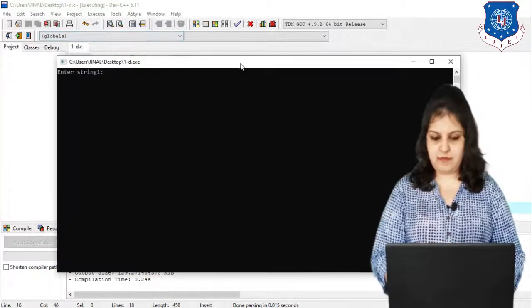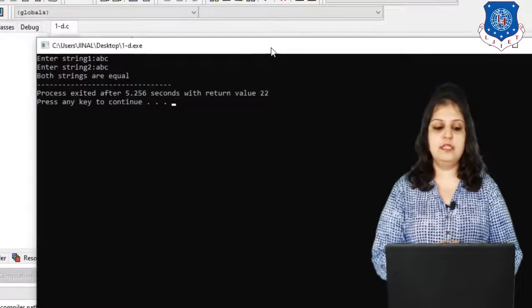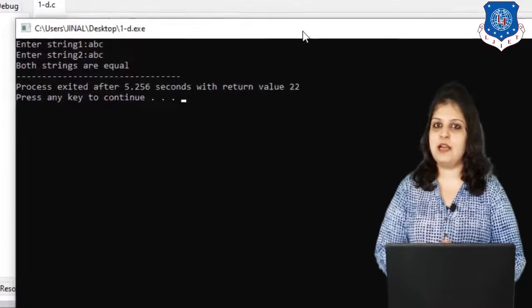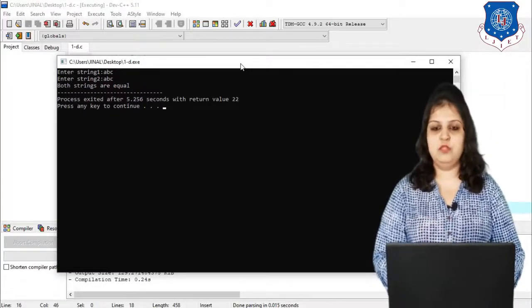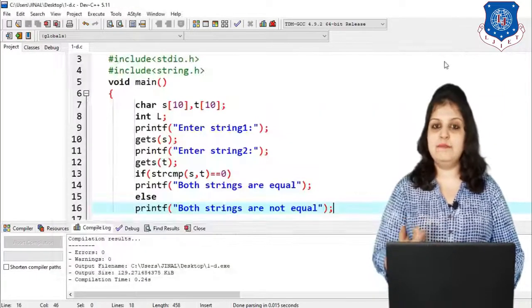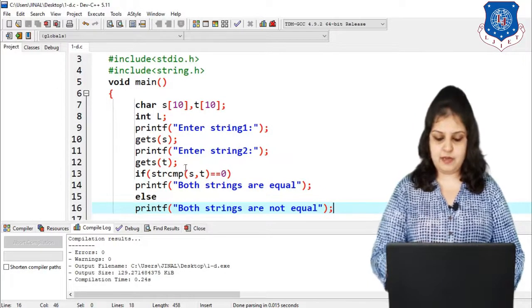Suppose I enter here ABC, again ABC. So you can see the output, both strings are equal. So in this way we can compare strings using strcmp,